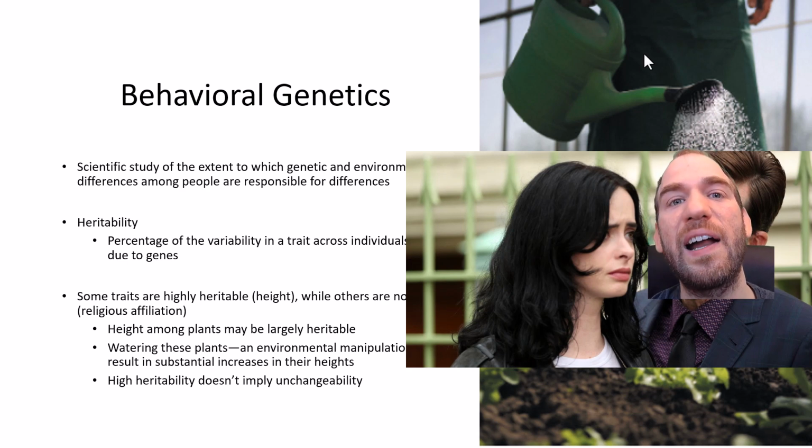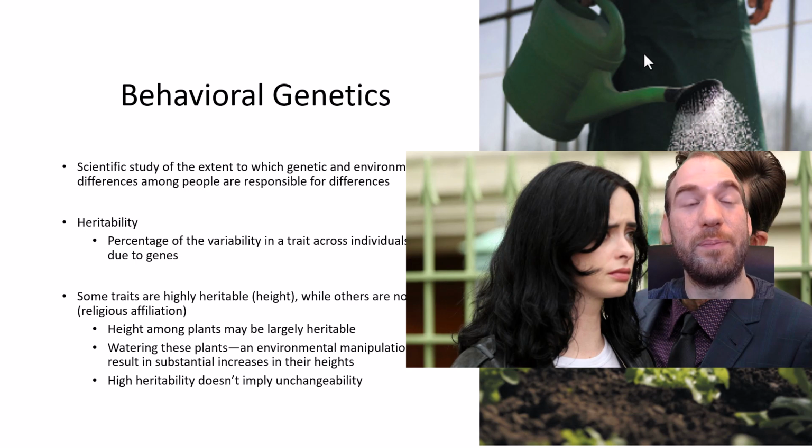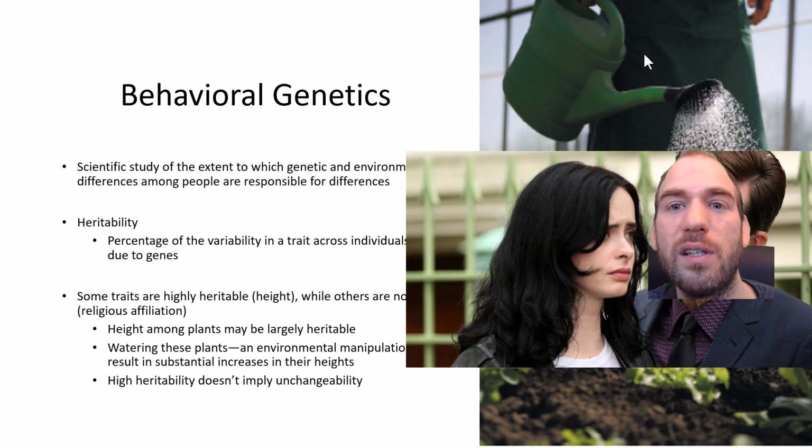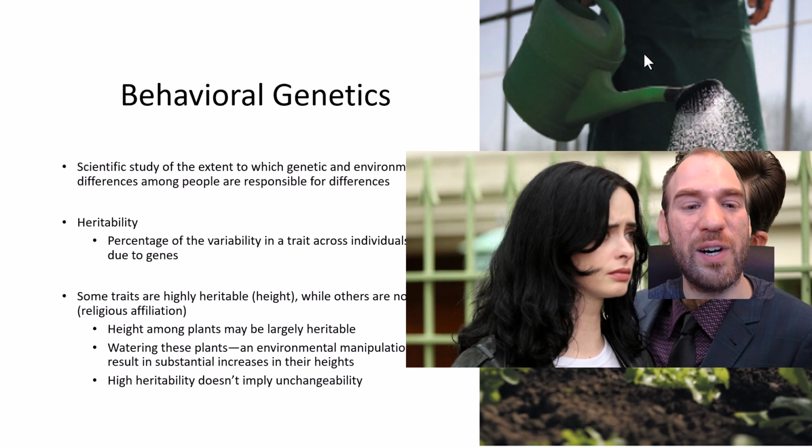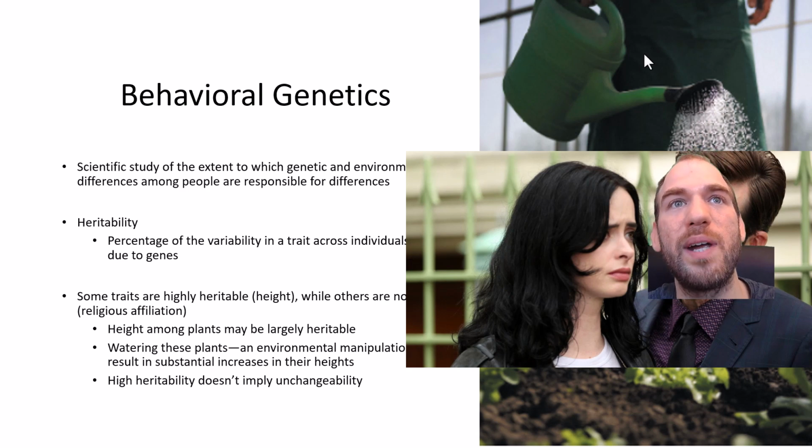So although something can be highly heritable, it can still be manipulated by the environment. It also suggests that something described as being highly heritable can be shifted to being less heritable depending on environmental manipulation. So for example, imagine some crops, some plants, in some soil, and we just leave it alone and let it grow. We didn't touch it at all, and we say, okay, this is pretty highly heritable. We see here that some plants made it, some don't.